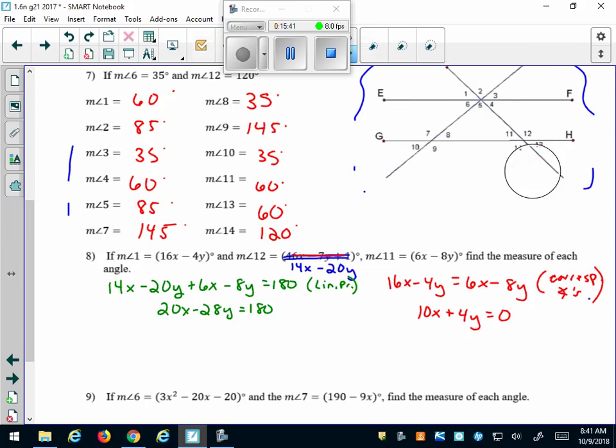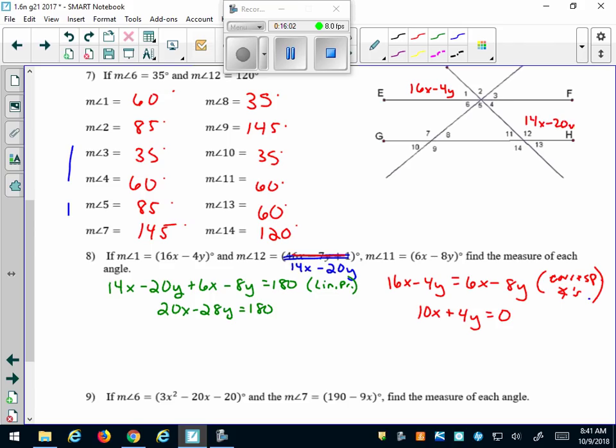If we go back, we're not using these measures, but we are using this diagram. If the measure of angle 1 is 16x minus 4y, and the measure of angle 12 is 14x minus 20y, and the measure of angle 11 is 6x minus 8y,